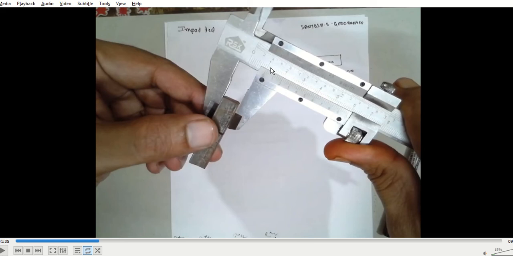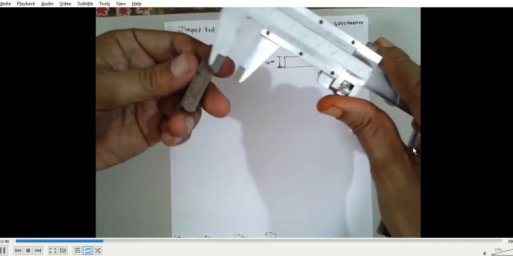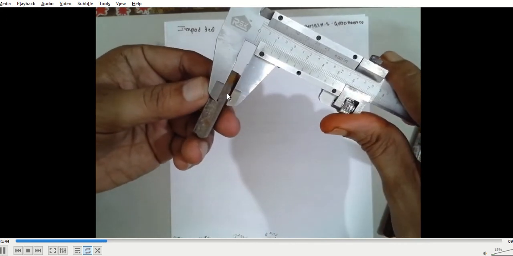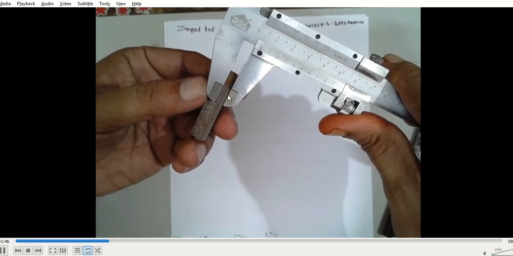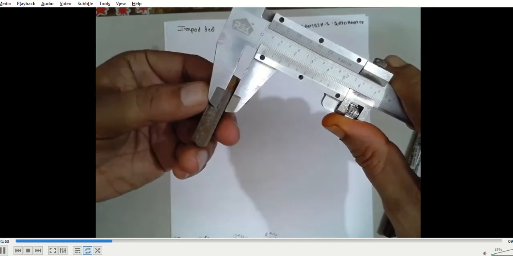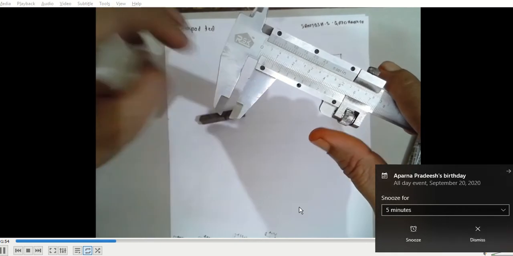This is 1 centimeter. So the VSR value you can see here will be 0, so it will be around 10 mm. That's how you will be doing vernier caliper reading. Similarly, you have to measure the notch dimensions also. You have to measure the width, depth, and length if you want, and then the notch depth also. You have to do all those things. And the cross section area you will be finding at the place where there is a notch.